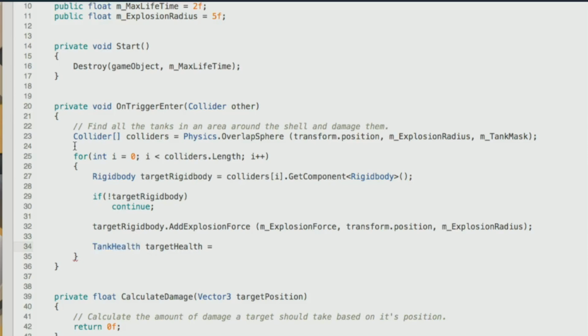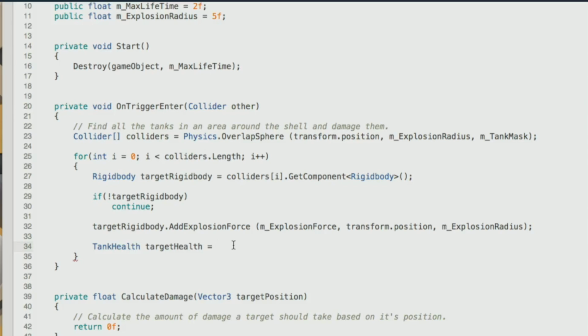Let's go back from the top. We've gathered all the colliders we could find within the imaginary sphere, the overlap sphere, and we're looping through that list, that array, to the amount of colliders found. With each one, we're checking that there's a rigidbody, and if there is, we're adding a force. But then we also want to actually damage those tanks. So we're addressing a particular instance of that TankHealth script so that we can talk to it and reduce